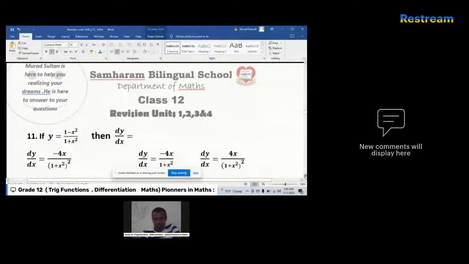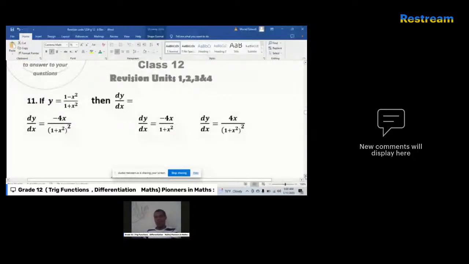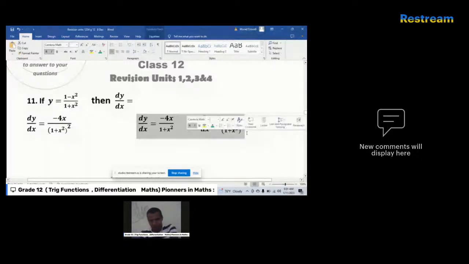We are going to study the quotient function and product function. Like y equals (1 minus x square) over (1 plus x square), and the question is: find dy with respect to x. So this is the question, and this is another question. We'll check exactly what it will be. Now we'll erase this one. Your question is that